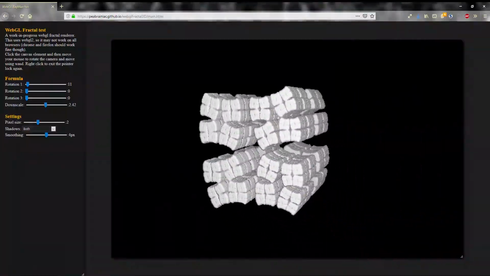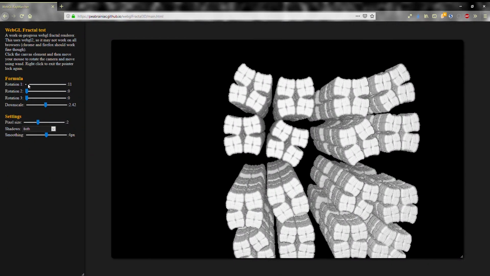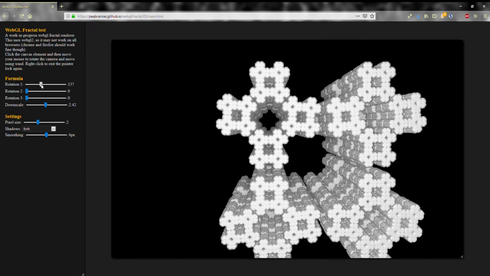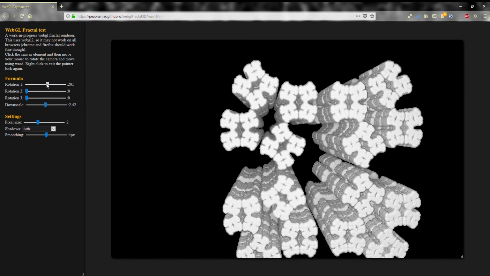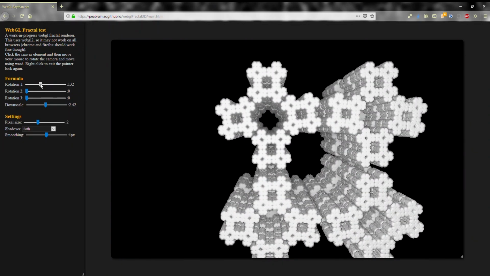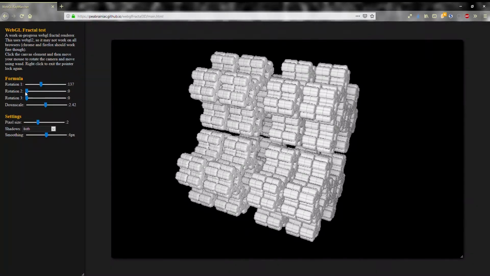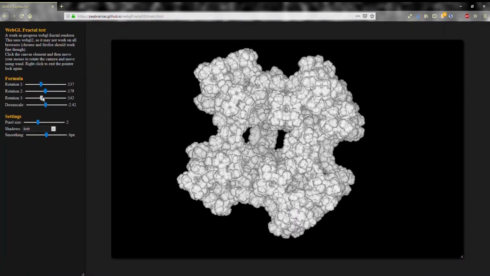That way you can make the fractals a lot more interesting than if they were just cubes. You can see if I change that, I get all sorts of different patterns there. Actually, not too many different, but that's because we're just working around one axis now. Of course, I can also rotate them in some other direction, and now it gets all messed up.